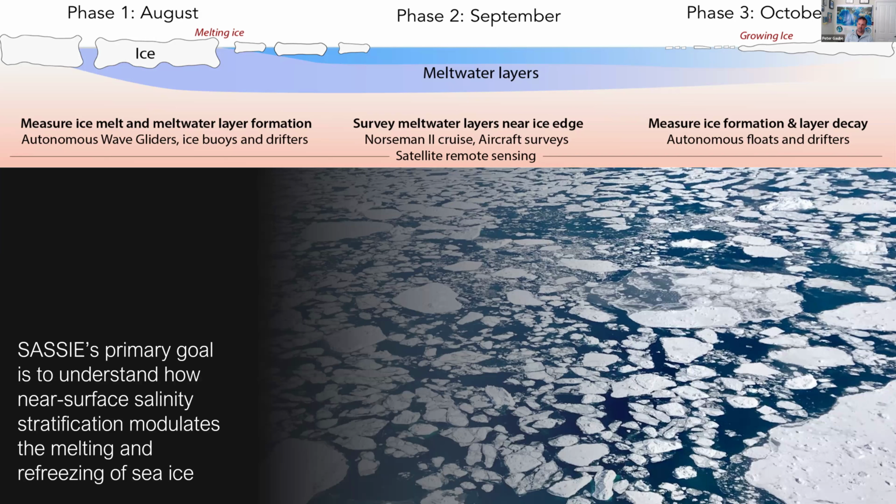Those were navigated into the central Beaufort Gyre, where we then met them with the, this is actually the wrong name, it was actually the Wallstad, not the Norseman, where we conducted sub-mesoscale resolving underway CTD surveys, along with larger scale mesoscale surveys, while also attending to multiple autonomous vehicles that we'll talk about and using those to make measurements.